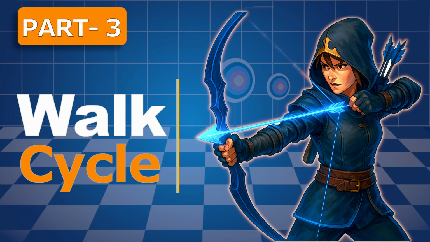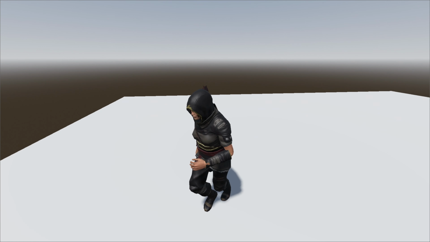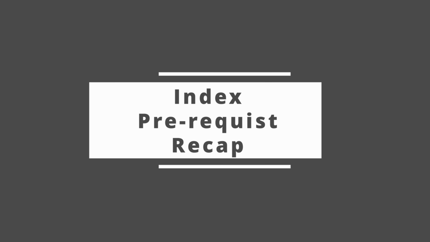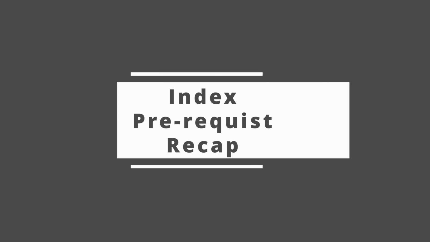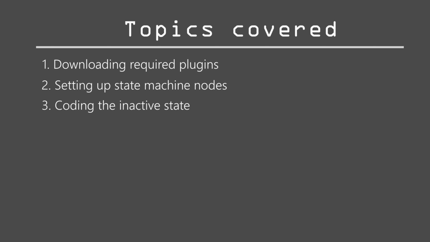Before we dive in, let's see what we will be covering today. We will work with mainly the downloaded plugins such as Limbo for state machine by making an inactive state and some basic setup for our camera. So the table of contents is downloading required plugins, then setting up state machine nodes for our controller, then we will try to code our inactive state for some control behavior, then we will set up our